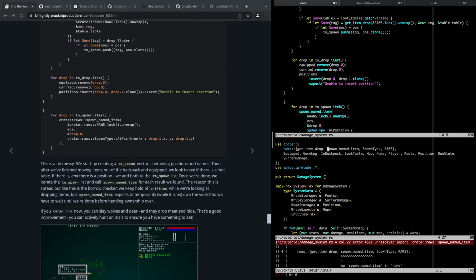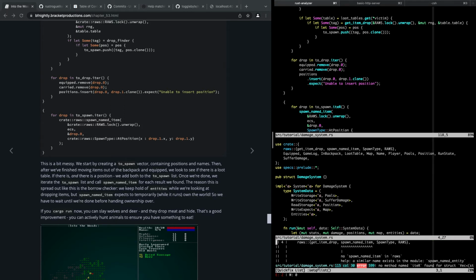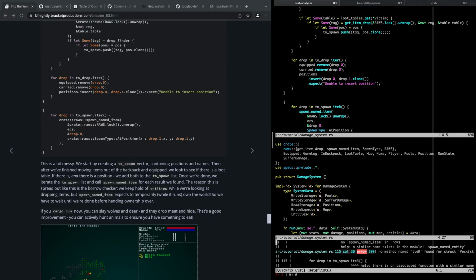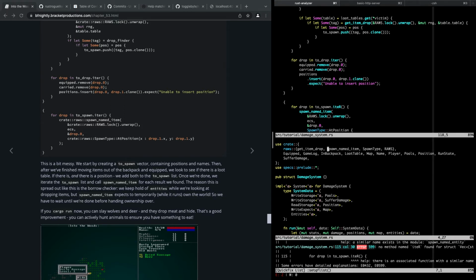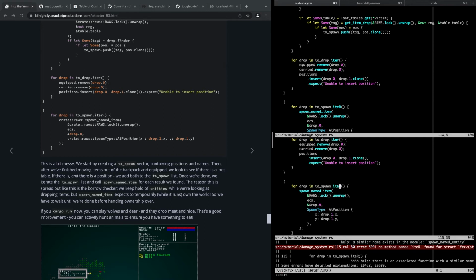Spawn named item is not in raws. Spawn named entity is. Oh, and I mistyped iter. Okay, I can fix that. So should this be spawn named entity or spawn named item? It's probably entity, right? Let's take a look real quick here at